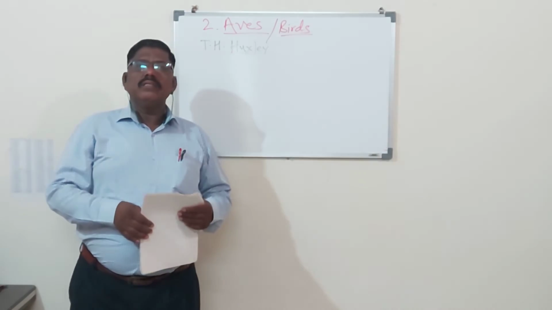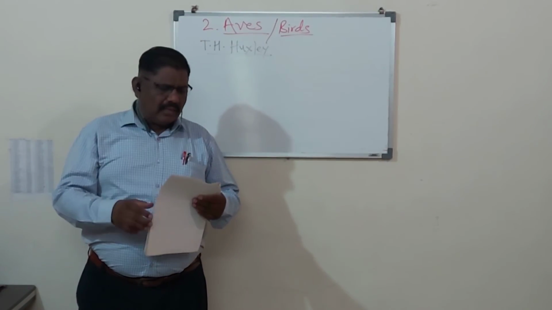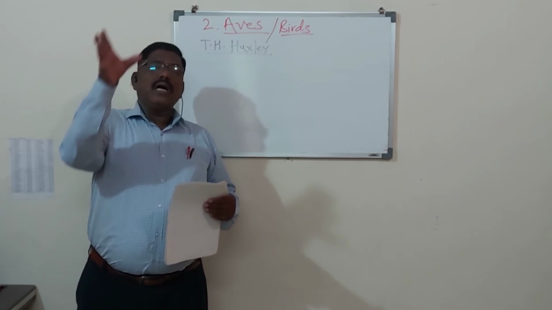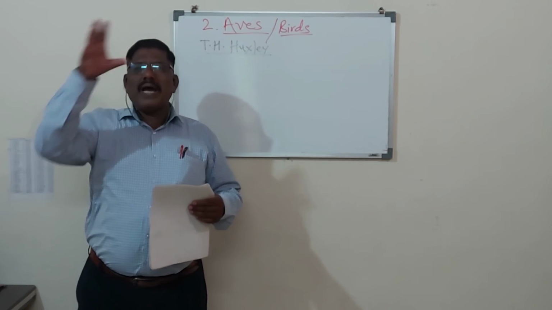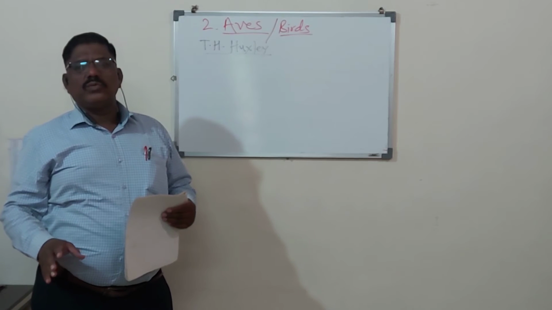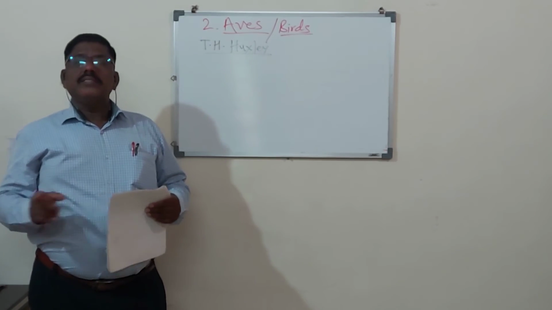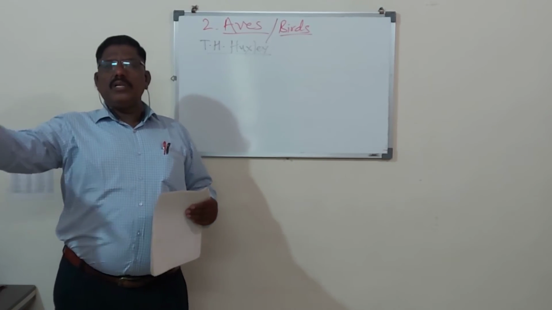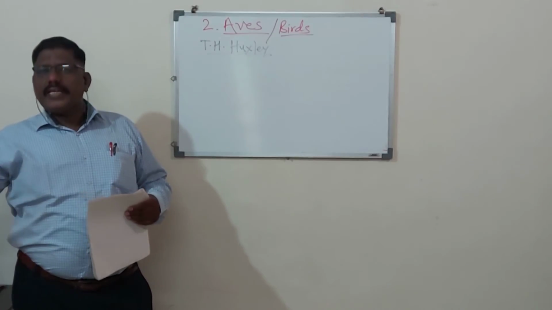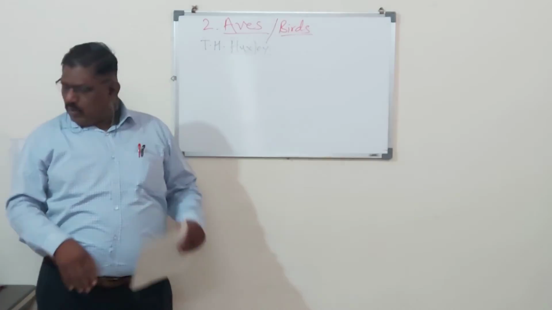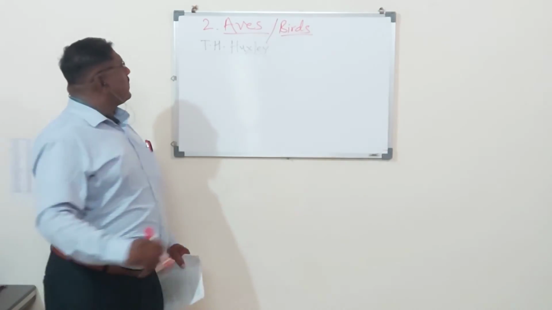They are aerial, flying means aerial, terrestrial, जमिनीवरती सुद्धा राहू शकतात, हवेमध्ये सुद्धा असतात आणि पाण्यामध्ये सुद्धा असतात, म्हणजे aquatic also. They are aerial means they can fly in the air. They are terrestrial means they can live on land, and they are aquatic also, means they can be found in water bodies also. Now we will see the general characters